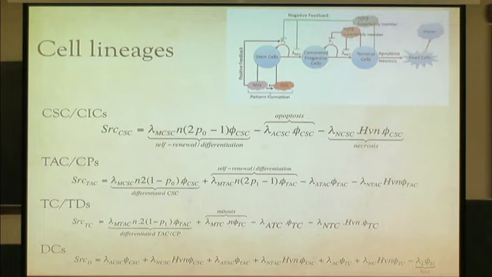Then the differentiated cells here produce 2 differentiated offspring, so you get the 2 here. And then these can self-renew to some degree, and then you have death. And then these differentiated cells produce 2 terminally differentiated cells. These may divide a limited number of times, and then they may also die. And the dead cells source basically is just the sum of all of these, but then there's a rate of clearance.